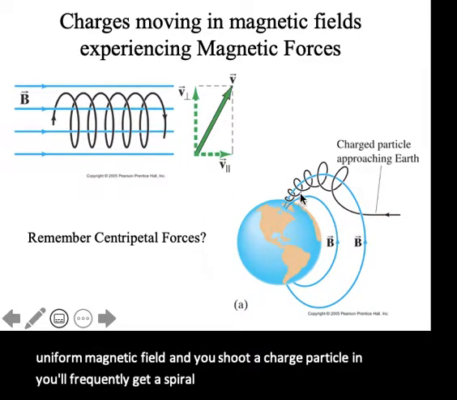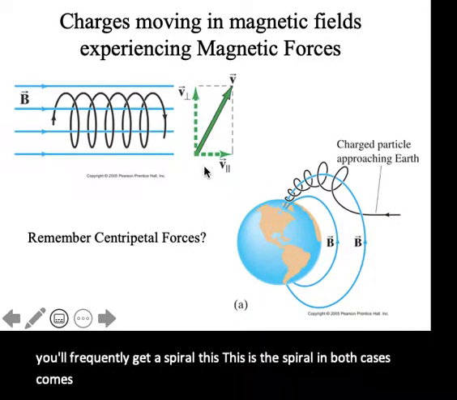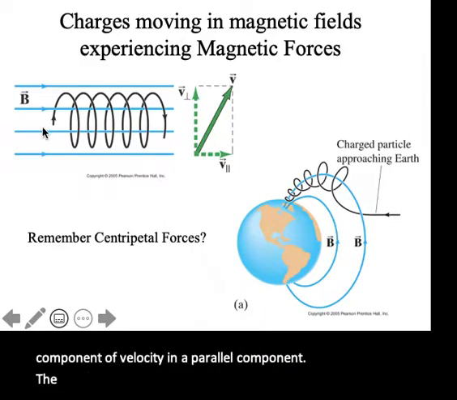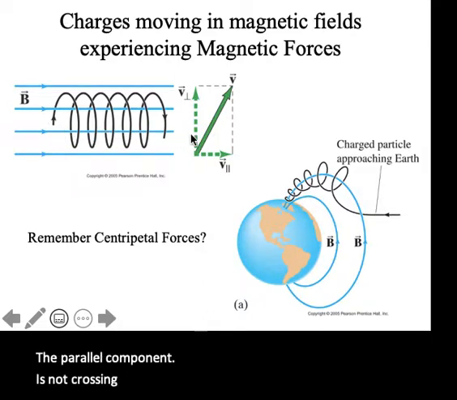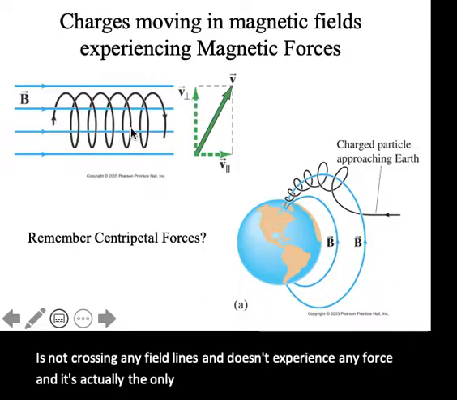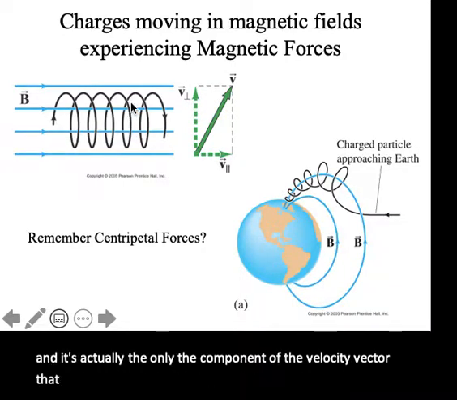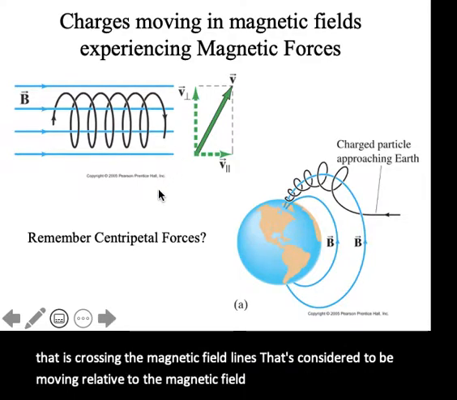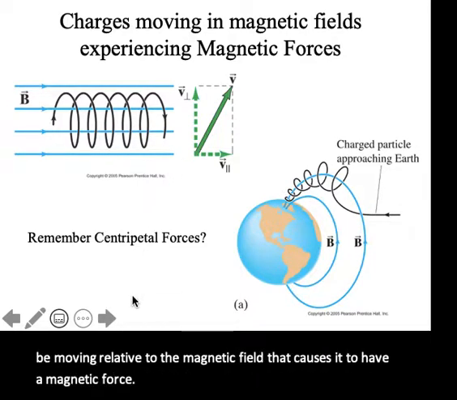The spiral in both cases comes from a combination of a perpendicular component of the velocity and a parallel component. The parallel component is not crossing any field lines and doesn't experience any force. It's actually only the component of the velocity vector that is crossing the magnetic field lines that's considered to be moving relative to the magnetic field that causes it to have a magnetic force. All right,